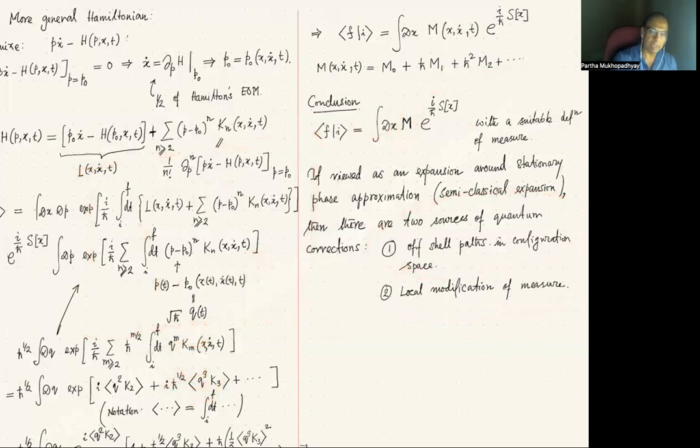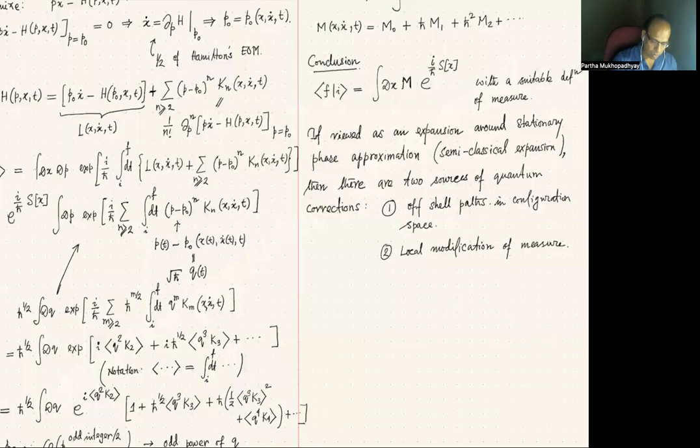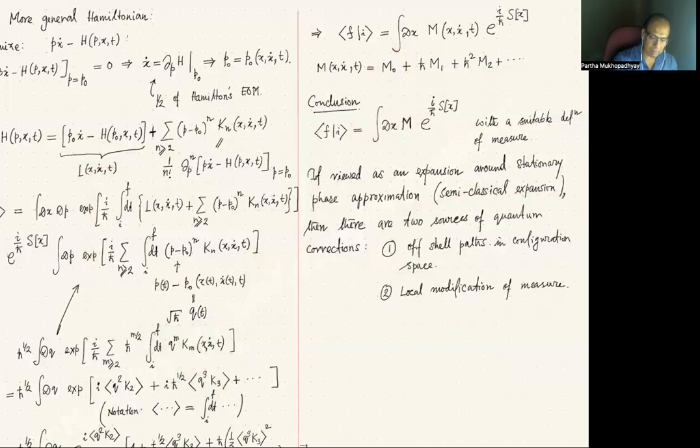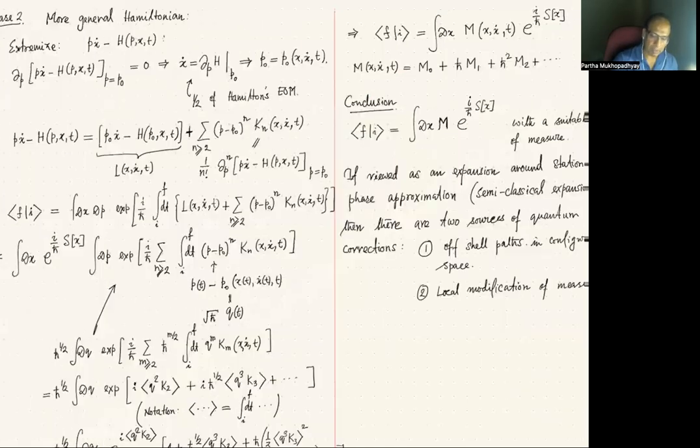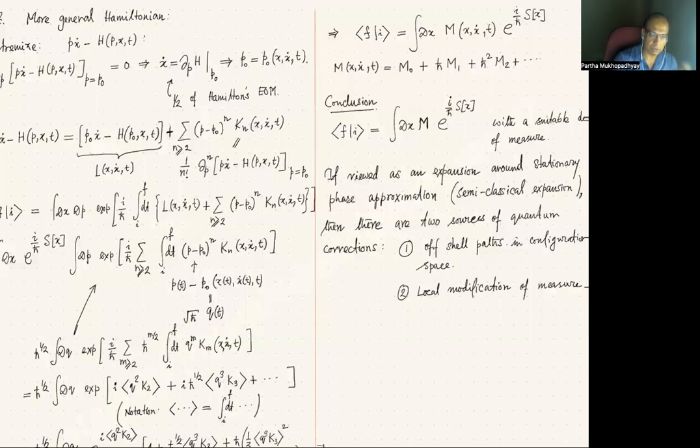If you set h bar to 0, M's first leading term is M0. If that is not 1, then it is just an overall factor. You can take M0 outside, and then the series starts 1 plus h bar M1 by M0 and so on. So the overall factor is not important. Our discussions are all up to the overall factor. So let me take the leading term to be 1. If you take the h bar going to 0 limit, then the leading term will be 1, which is the case here. Okay. Now here, because of this quantum correction to Legendre transformations,